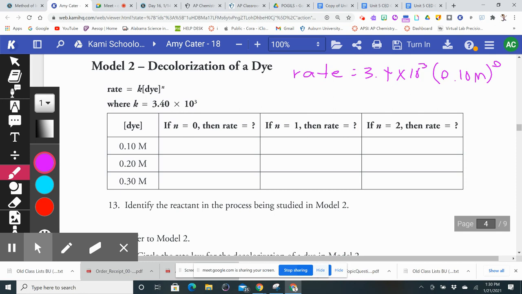So for that first one, if n equals 0, what's the rate going to be? Do we have to write it in exponents like that, or can I just say 3,400? I would get used to writing in exponential form because most of these are done in scientific notation, since they're usually really small. So what would it be? 3.4 times 10 to the third. And that is going to be, well,